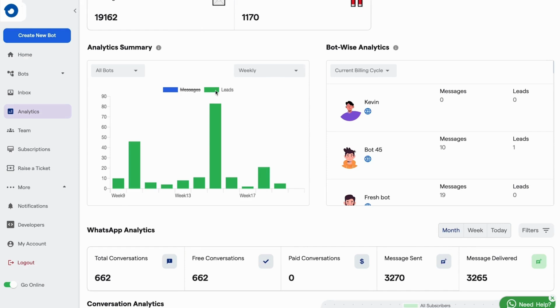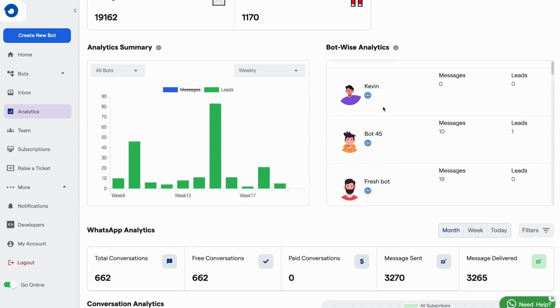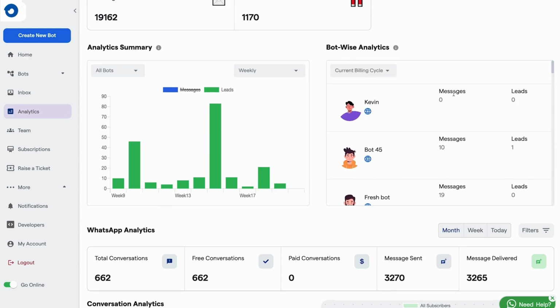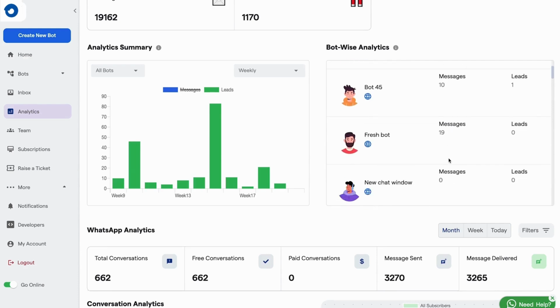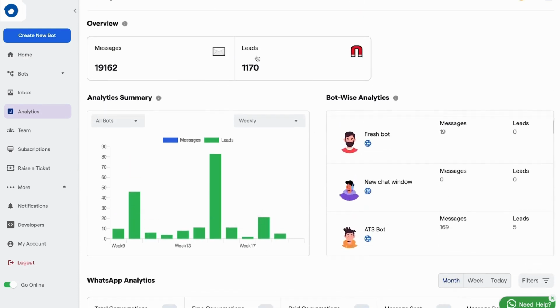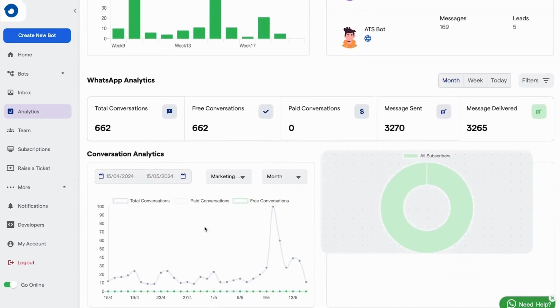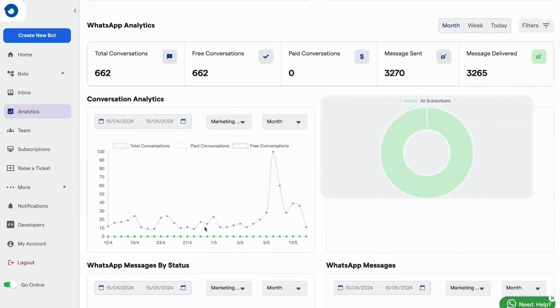engagement over time. Then comes the bot-wise analytics, where you can see detailed stats for each individual bot, such as how many messages were exchanged and how many leads were generated per bot. This section includes analytics for platforms like website, Telegram, Facebook, and MS Teams. Additionally, there's a dedicated section below specifically for WhatsApp analytics, where you'll find the total number of conversations held through